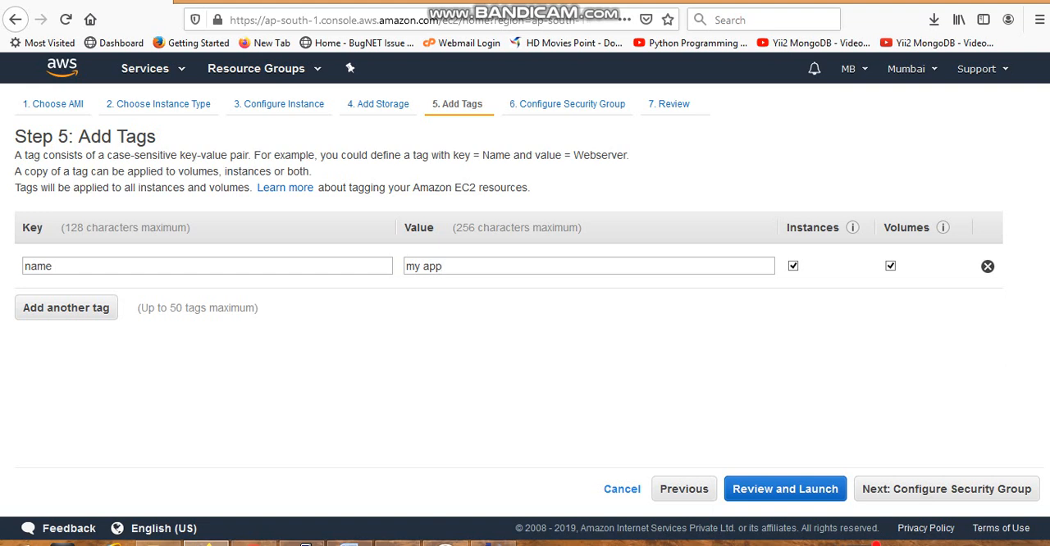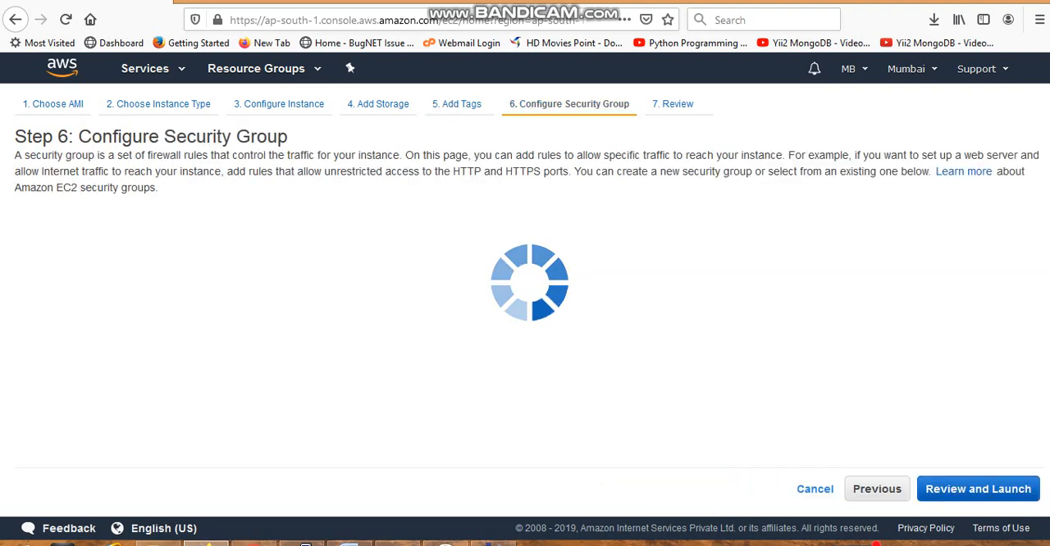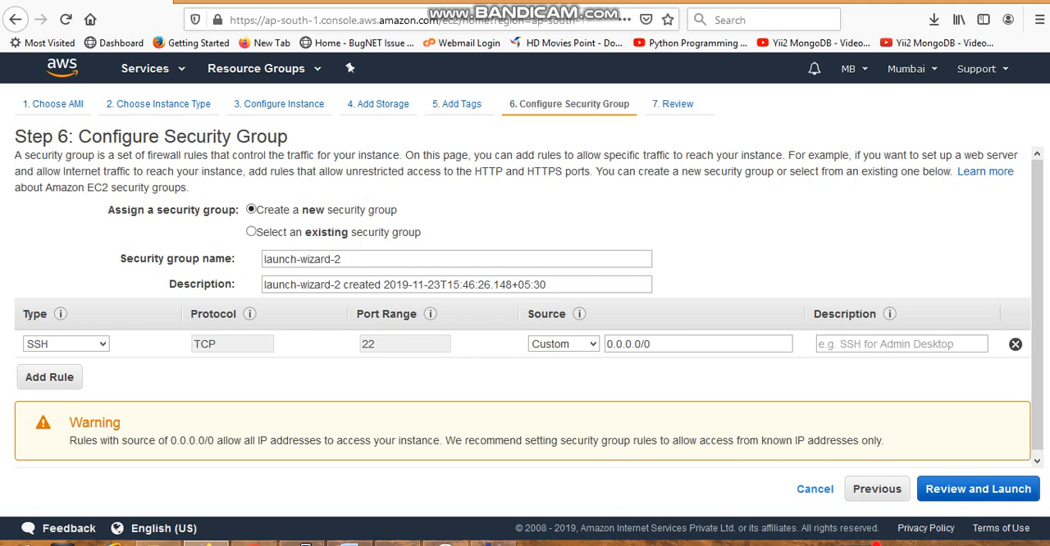Next, click on configure security group. Here you have to add the security group. A security group is basically